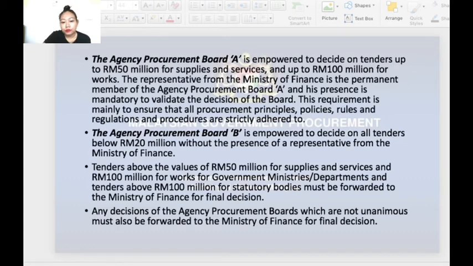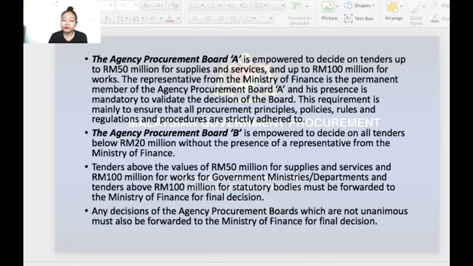So, just to simplify everything, Procurement Board A is empowered to decide on tenders up to the maximum of 50 million for goods and non-professional services, the maximum allowed for a line agency, and up to the maximum of 100 million ringgit for works, the maximum allowed for the PWD. The line agency and the PWD may make awards to professional works consultants if the infrastructure project is valued at no more than 300 million ringgit and the research and survey work are each valued at no more than 5